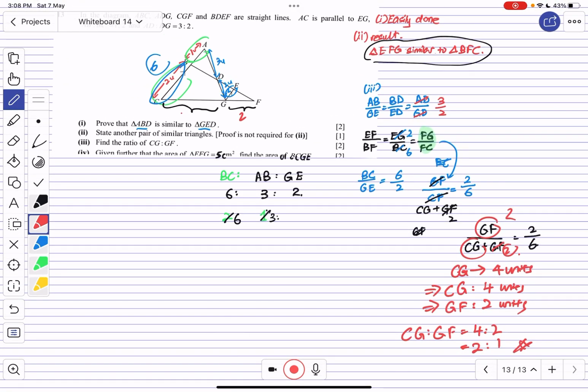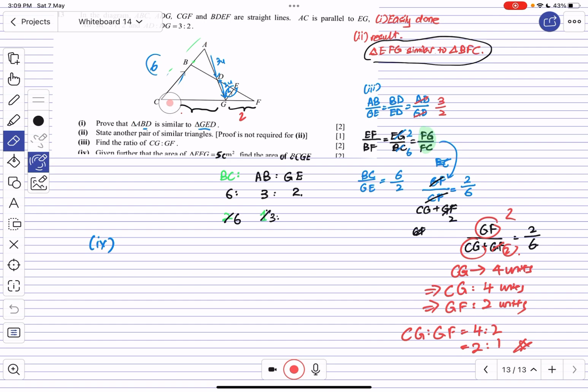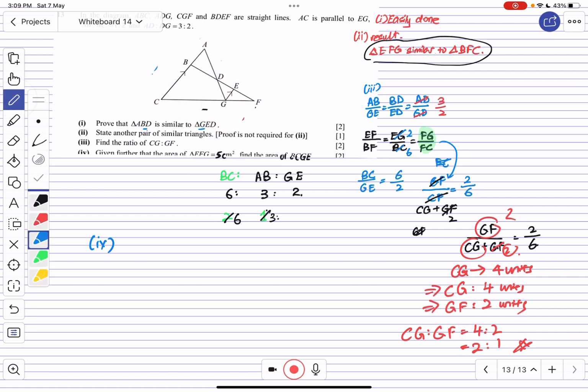Now part 4, given further that EFG is 5 cm square, we know that this is 5 cm square. So let me just highlight it for you. EGF here, this is 5 cm square. I'm supposed to find what is the area of BCGE. Okay, so to find BCGE, we know that it is actually part of the bigger triangle, which is B, C, and F. So let me look at triangle EFG, the area ratio of triangle EFG over the area of triangle